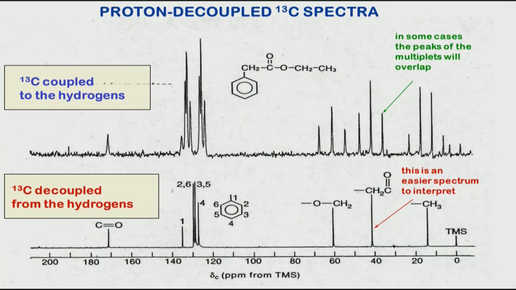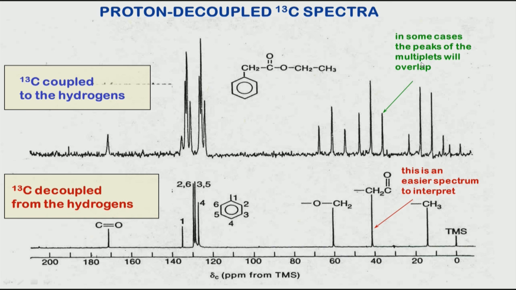So this is shown in this picture. This is taken from the book Pavia, where this example is shown. You can see here that if I do not do a decoupling, when I record a normal spectrum of carbon, this is the spectrum you will get for this molecule, which is shown here. So you see different carbons are there. This is the aromatic region which is coming from this, and this is a carbonyl. But you can see there are many peaks now because of this J coupling.